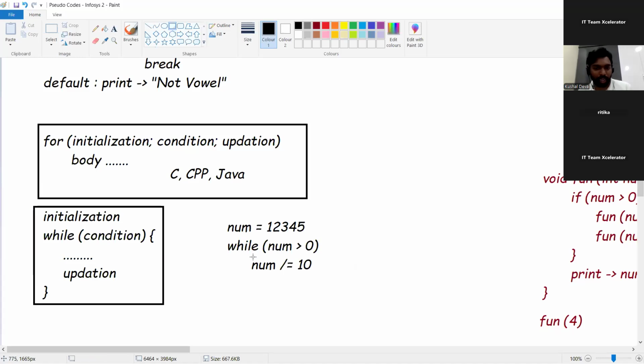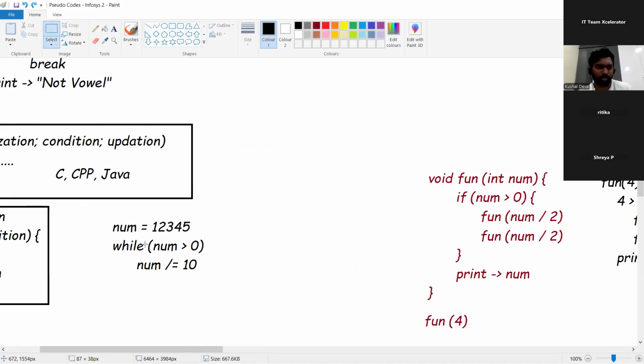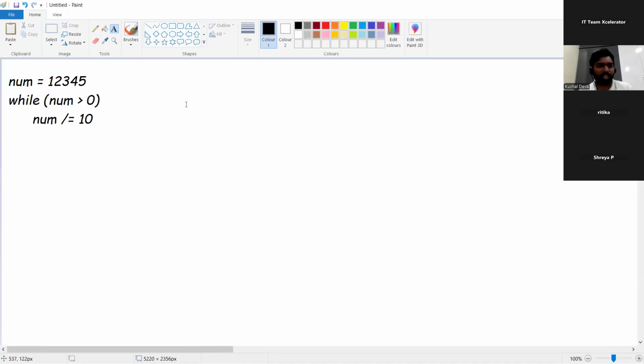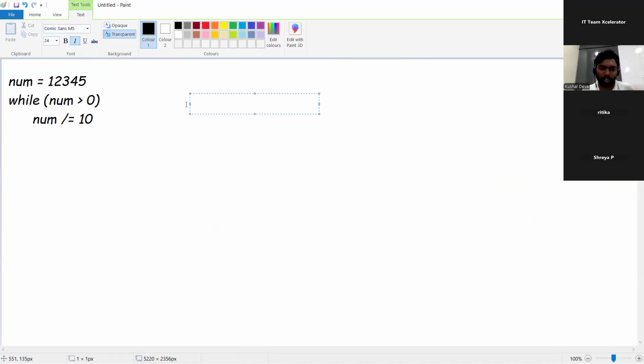So something like that, if you want to do, let's say maybe guys, one quick example over here. Let's take the same thing, okay? Here we are just trying to find exactly the number of digits of a number. So I'll just copy it over here. What exactly do you try to do to find the count of the digits? Take some count to 0. And of course you have some number. Okay, let's take some number to 1, 2, 3, 4, 5. Maybe I'm just giving the logic. It's not with respect to any programming language.